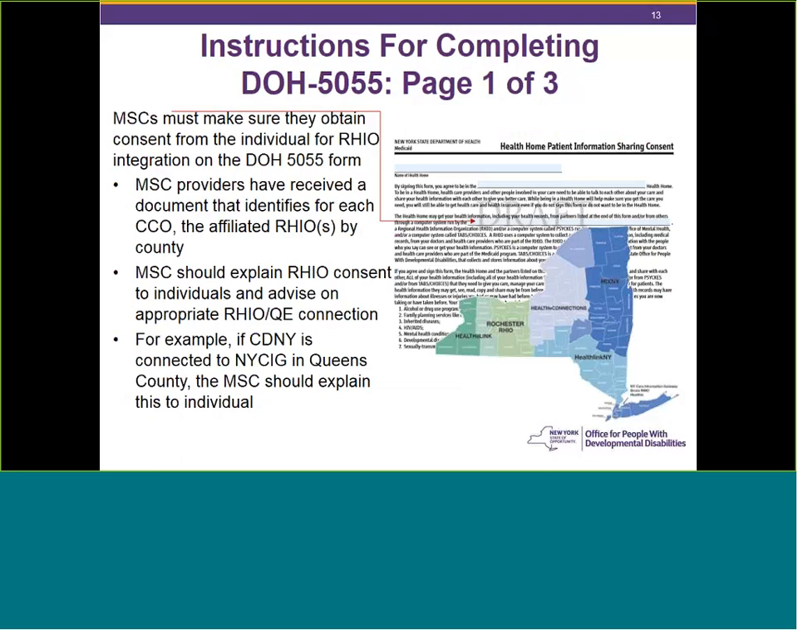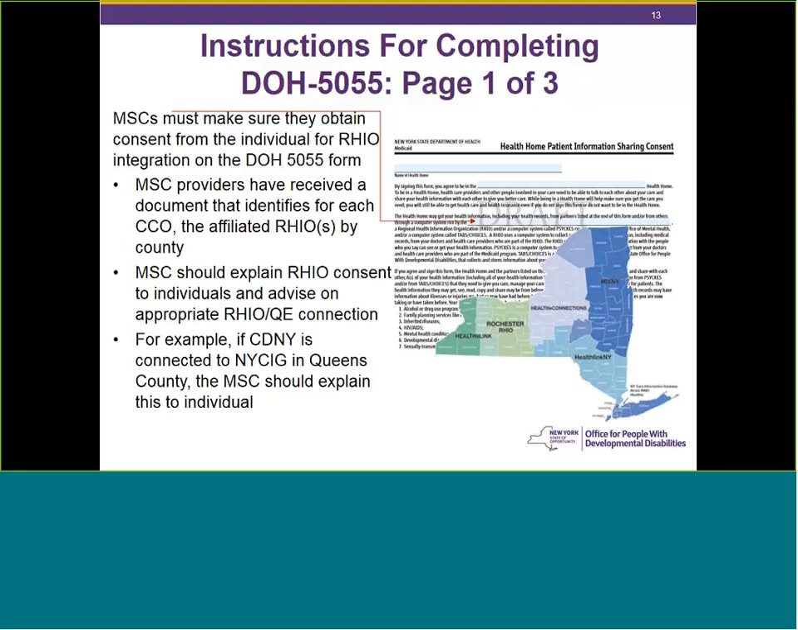Moving on, we will look at the center of page 1, which is also the 5055. Here we have the section that we actually enter in the name of the RHIO. MSC providers have received a document that identifies for each CCO the affiliated RHIO by county. So if you have not received this yet, we'll be sending in the coming days to your MSC provider, which